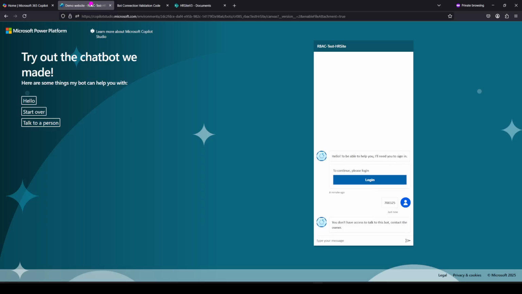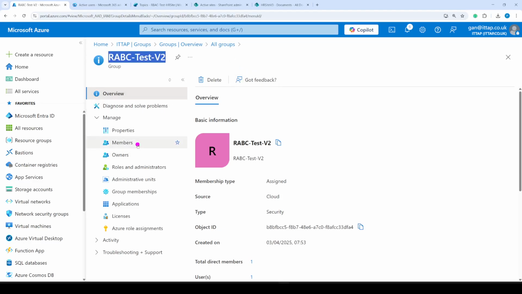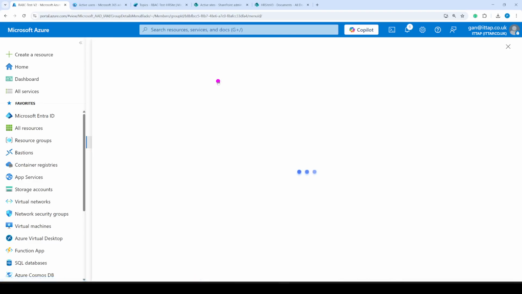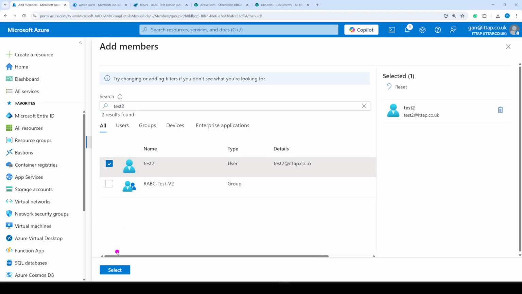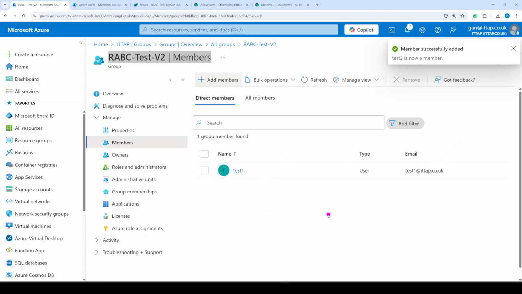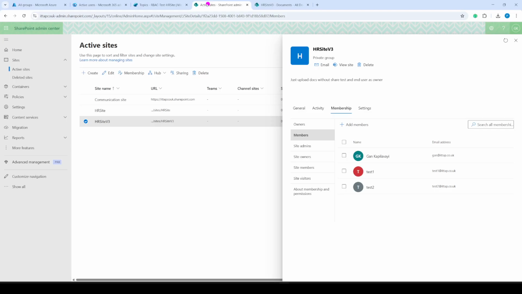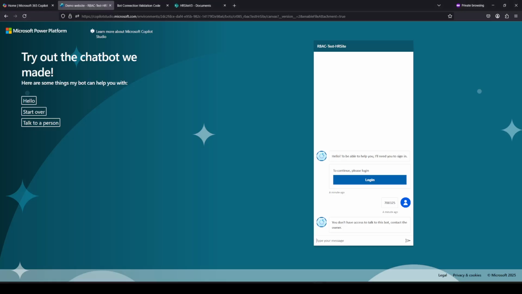Now if we go back to Azure Active Directory, then go to members of that group, I'm going to add test2, then select, then refresh here. Yep, you can see test2 is added to RBAC test2. Now you don't need to do anything in the agent configuration, because the agent is already shared. Okay, so if you go back to this user,